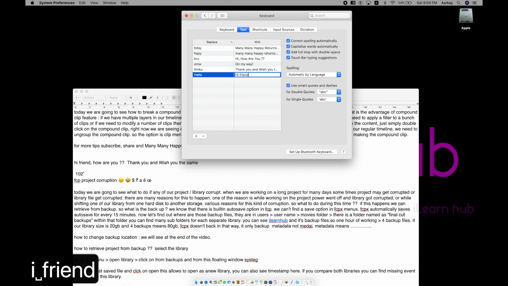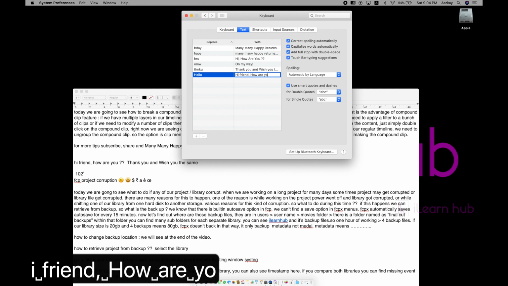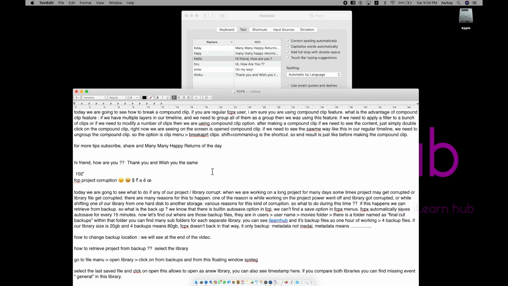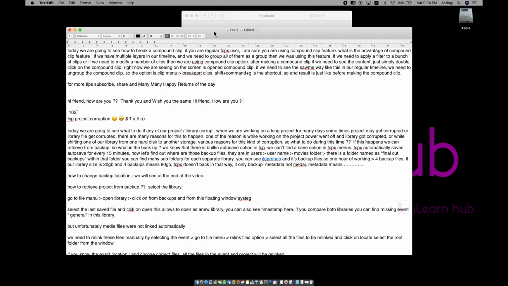Hi friend, how are you? So if you want to use this as a shortcut regularly, you just need to type hello. You don't need to save or do anything here. Just simply hello, that's all. Like this, whatever sentences you are frequently using, you can create shortcuts for them.